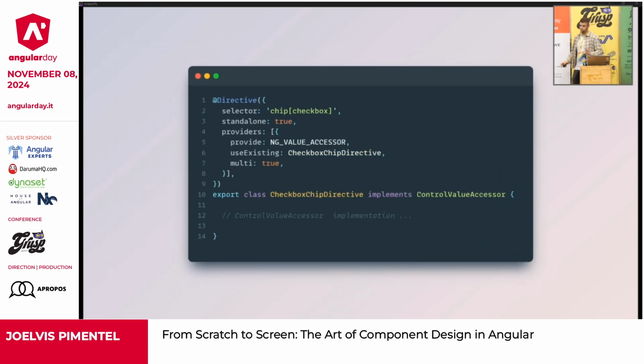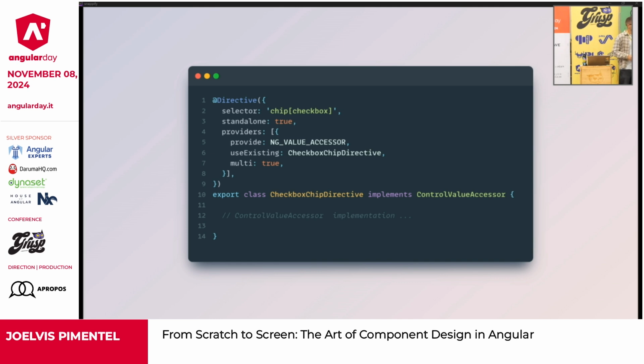And please, for the sake of God, always implement ControlValueAccessor when you are building custom inputs. It will save time for other developers that are going to use your input. So every time you are building something that needs to store a value and that is going to be changed by the user, ControlValueAccessor.